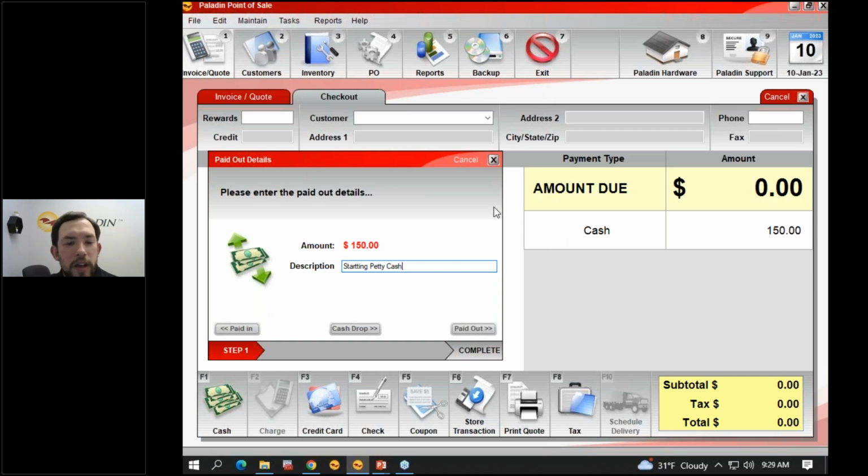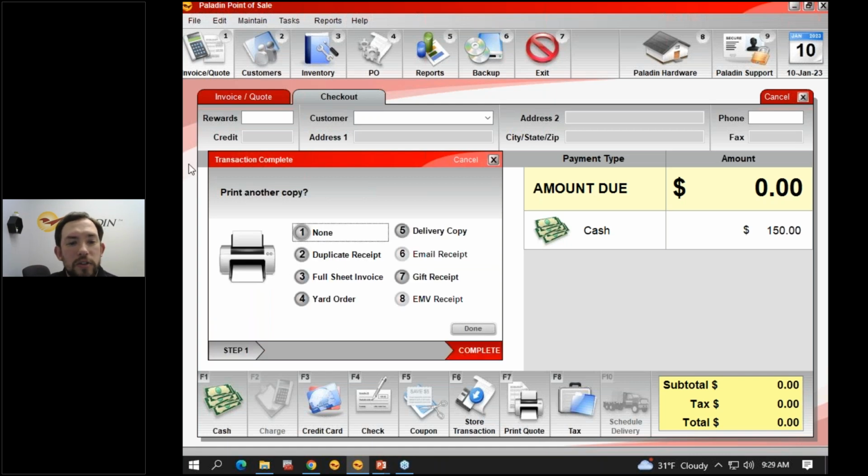And then we can go ahead and choose paid in to add that starting drawer amount for the day. Now, again, not all stores do this. This is something that you can do if you want to record this, but it's not required. When we go ahead and generate that,